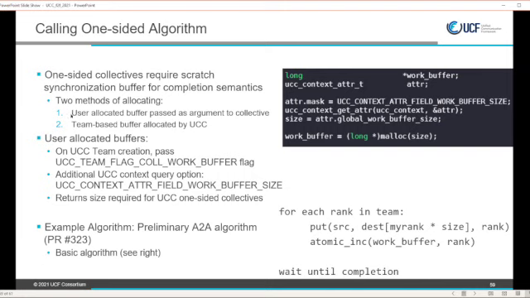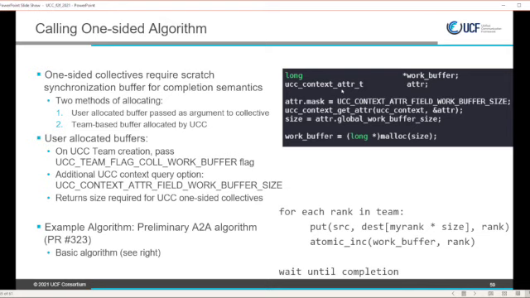The second method, which is actually listed as number 1, is that the user will allocate the buffer and then pass that in as an argument to the collective. Since there's a disconnect on how large that buffer should be, we've created a mask for context attributes so that the user can determine how big this buffer should be.